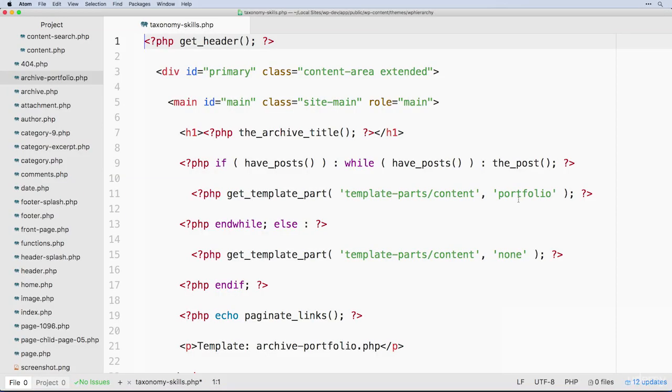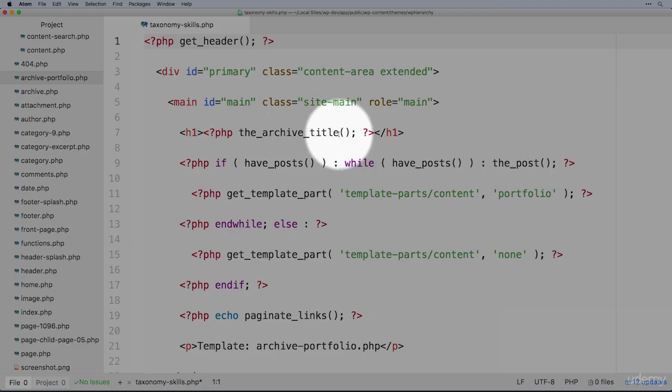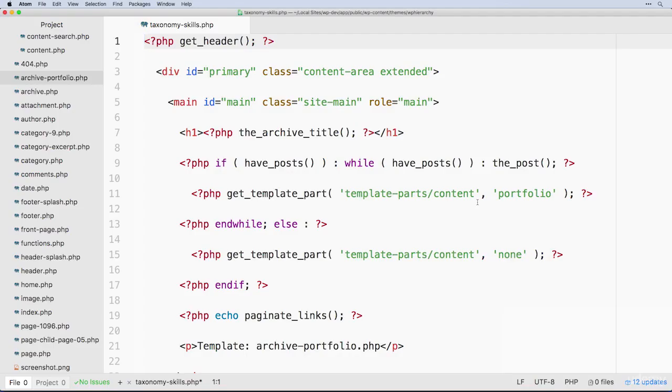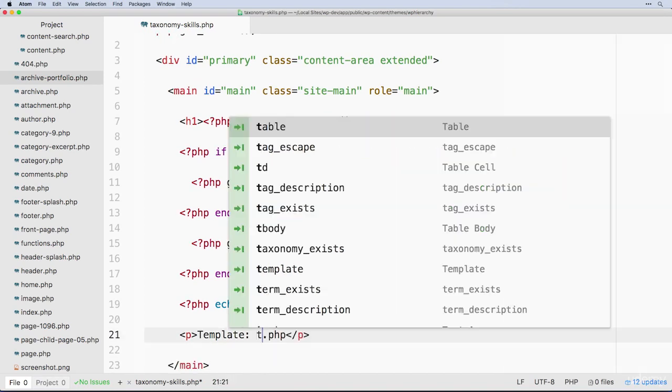So it'll say, hey, we've got the following ones with these skills associated with it, and you could click in to see those. So let's change this to taxonomy skills